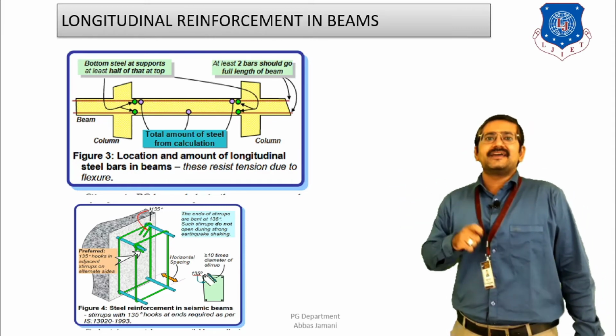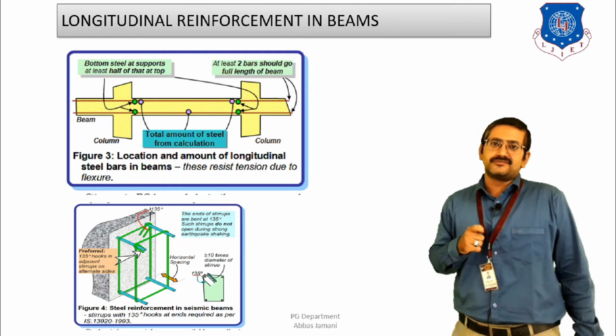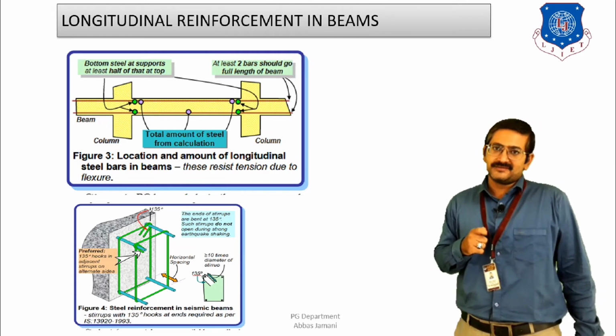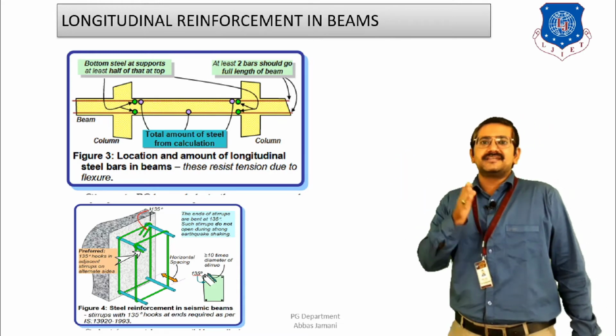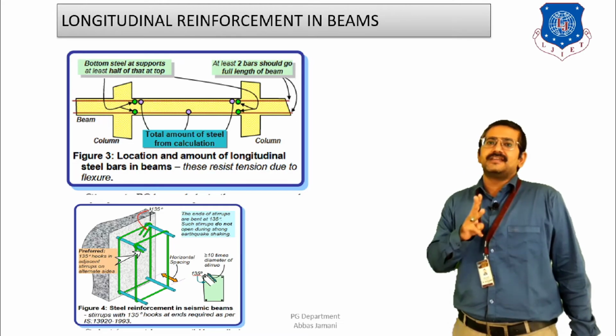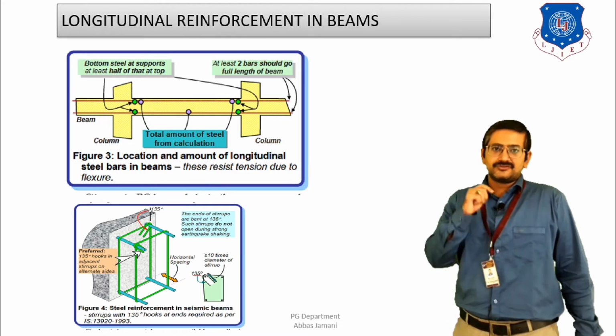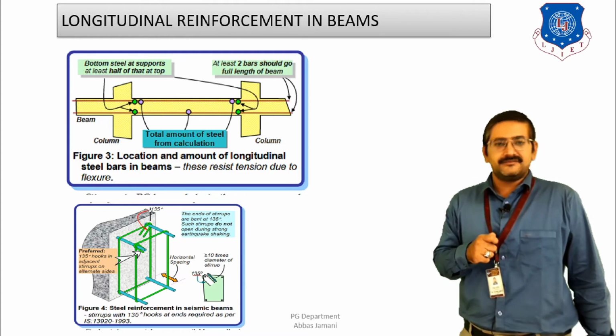For example, again I have said that 12 cm square is the amount of steel required due to the moment diagram. Then 25% of this 12 should be provided at minimum, that is, 3 cm square steel should be provided throughout at top and bottom along the length of the beam, right? So this is also an important guideline for longitudinal reinforcement of the beam.